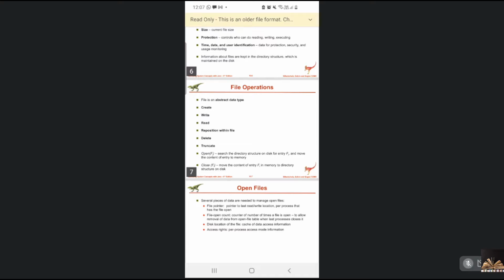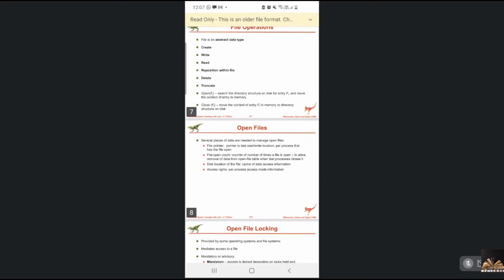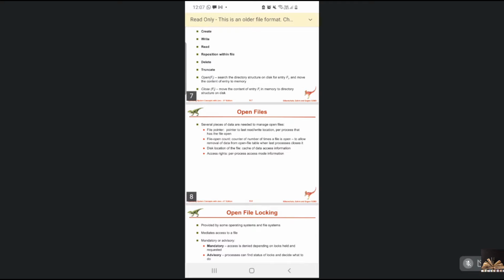When you are opening a file, there are many pieces of data that need to be managed. One is the file pointer: when I am opening a file, the last read-write location has to be kept.